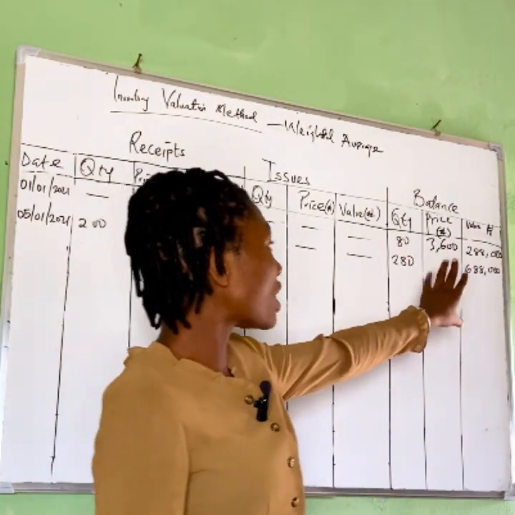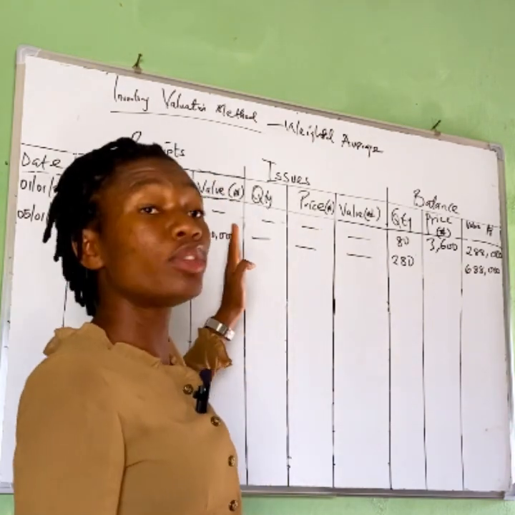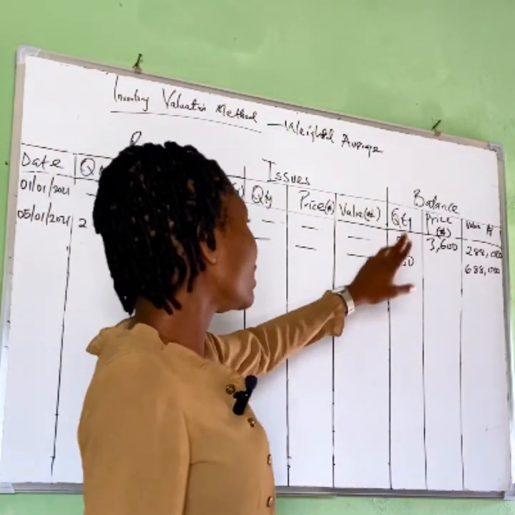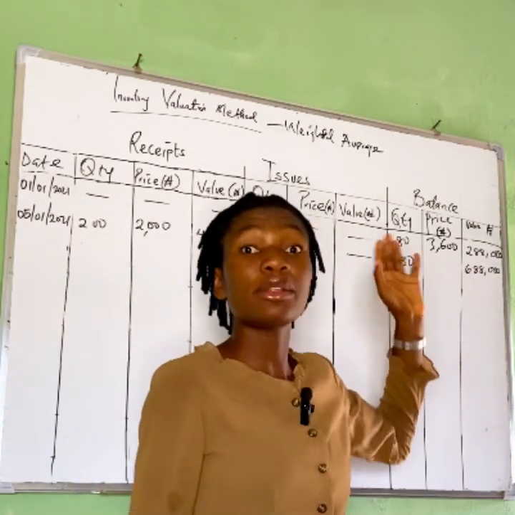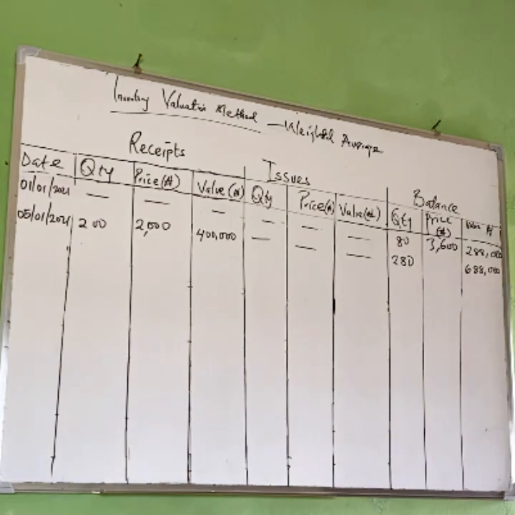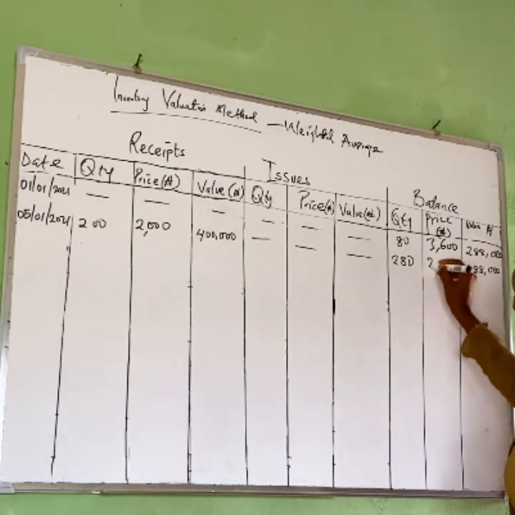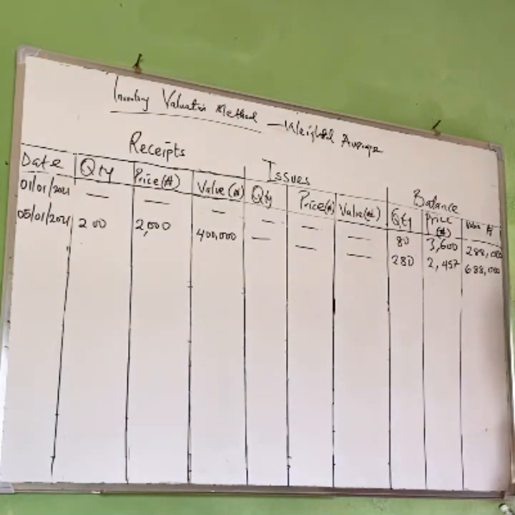The averaging will just be after we have added the previous value with the value of the goods that was purchased, right, and then the previous quantity with the quantity that was purchased. We divide them to have an average price. All right, so we divide to have an average price. That will be giving us 2,457, approximately, right. So this is going to be our price,